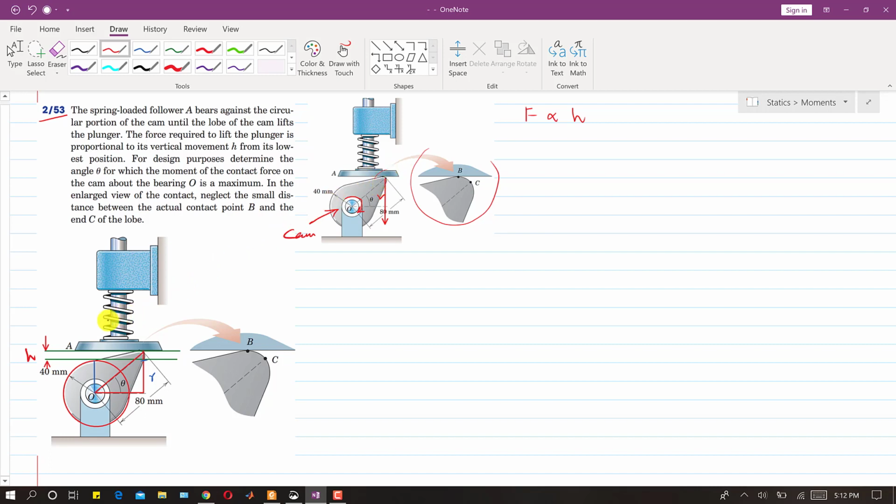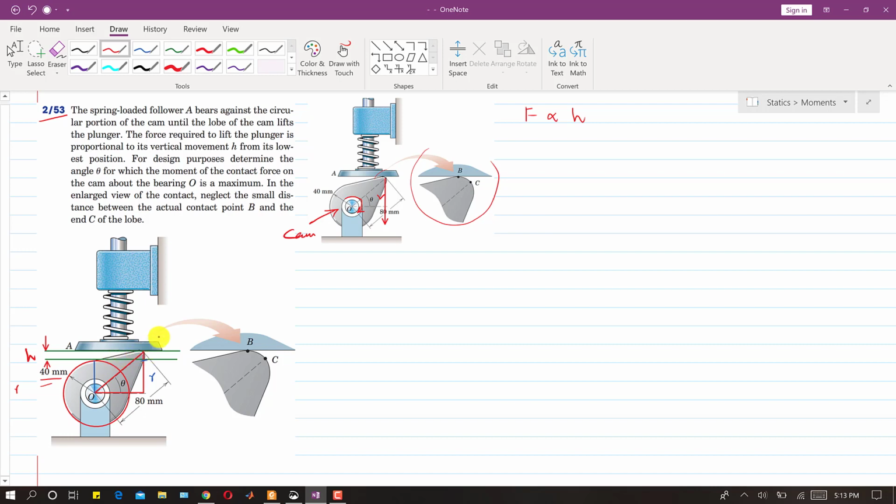So here I have drawn this diagram. As we can see, this is the circular portion and this is the lobe, right? So this cam consists of a circular portion and a lobe portion, right? As we can see, the radius of this circle is 40, right? And this is theta, right? So when this theta is 0,